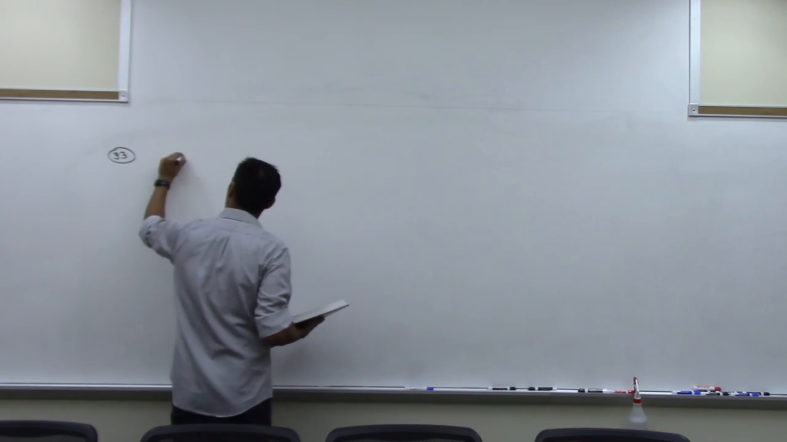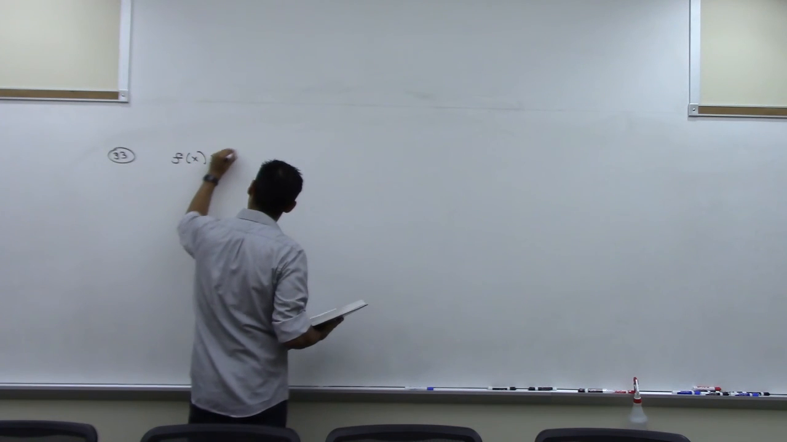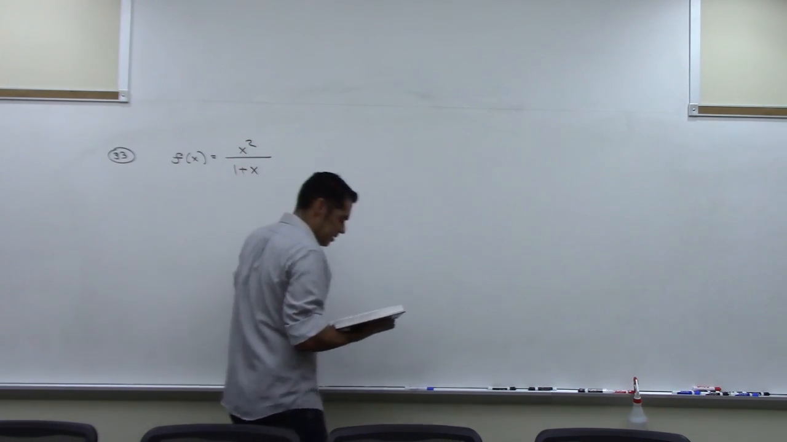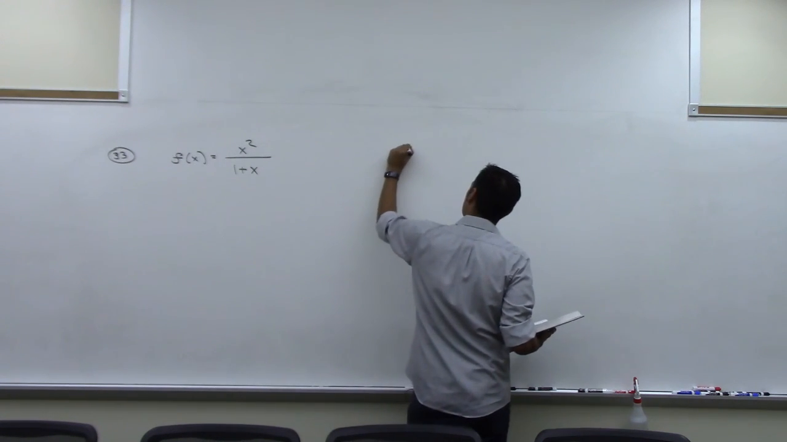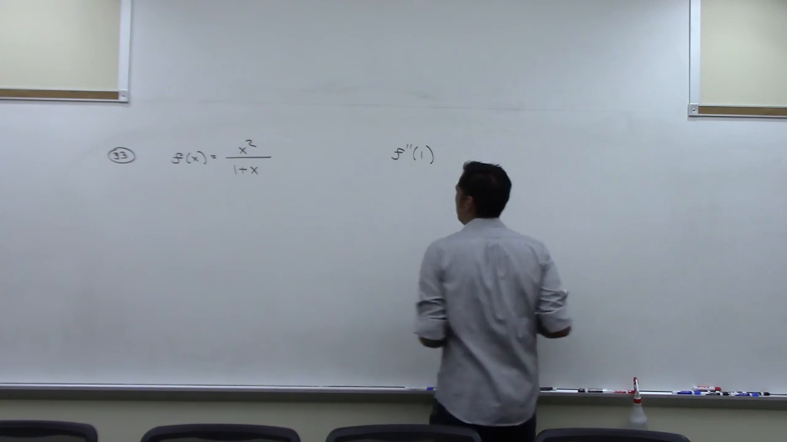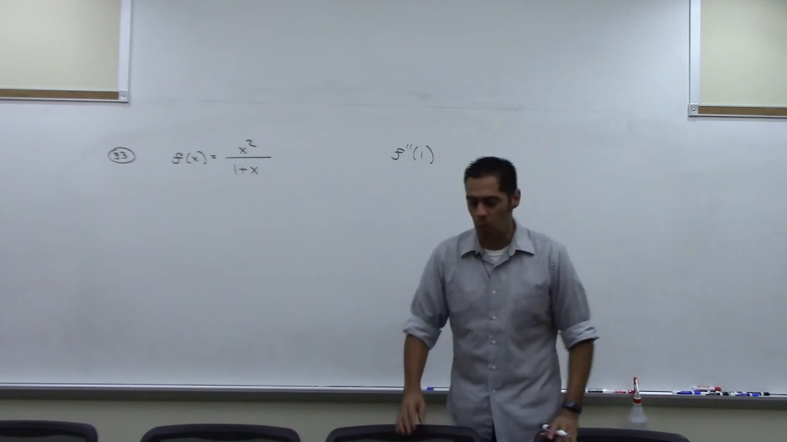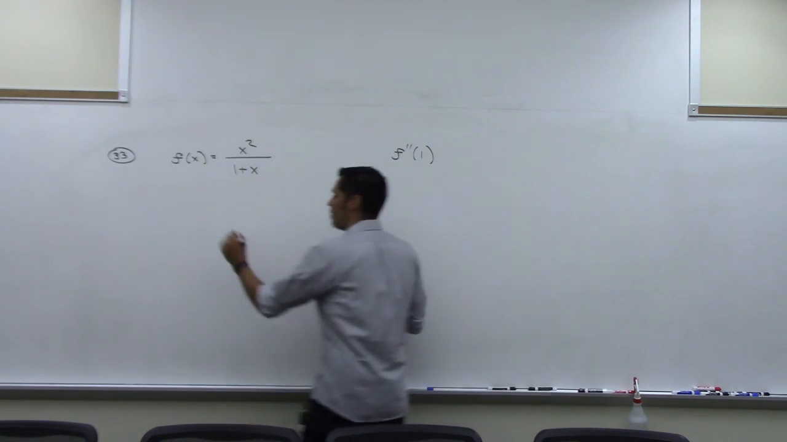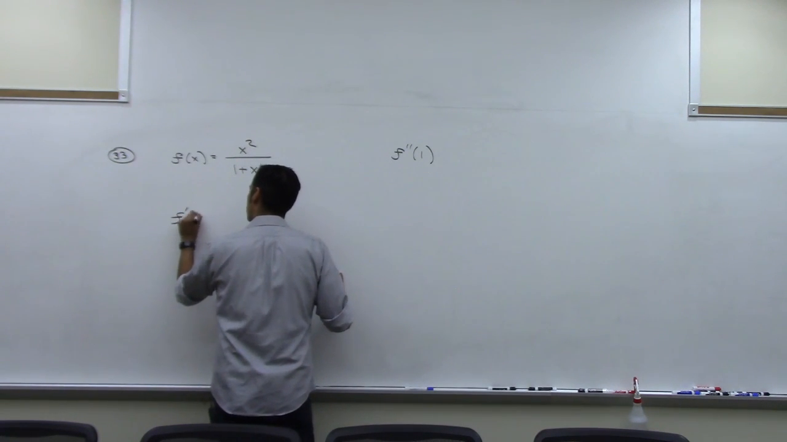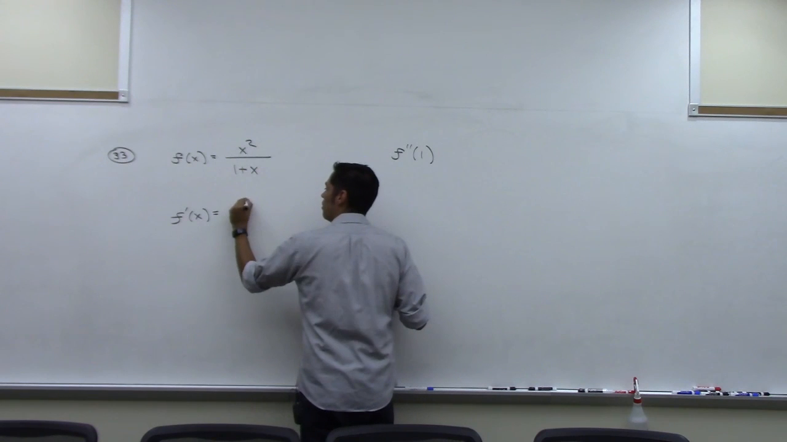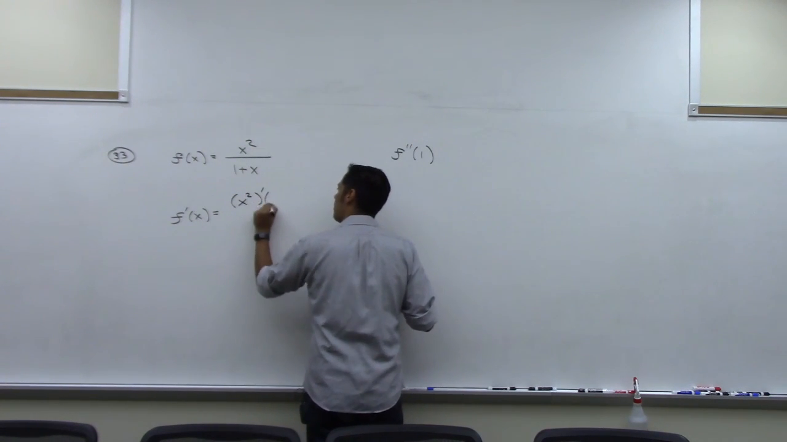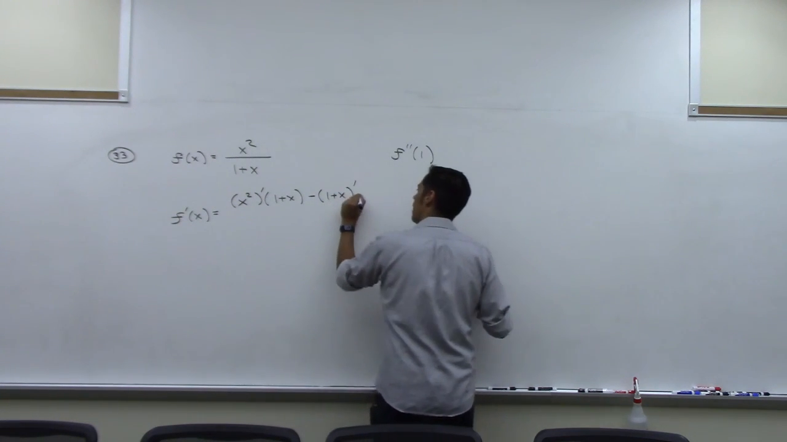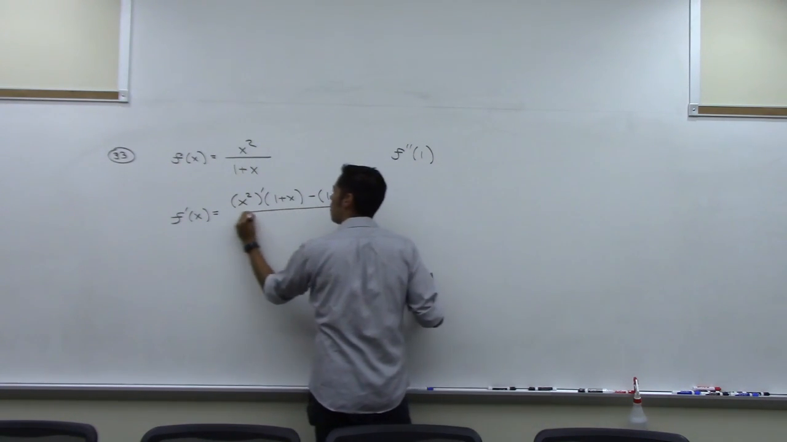You have f of x equals x squared over 1 plus x, and you're asked to find f double prime of 1. We want the second derivative, and then we want to plug 1 into it. So we're going to have to take the derivative of this twice. So for the first derivative, we're going to have to use the quotient rule, right? So it's the derivative of the top times the bottom minus the derivative of the bottom times the top, all over the bottom squared,